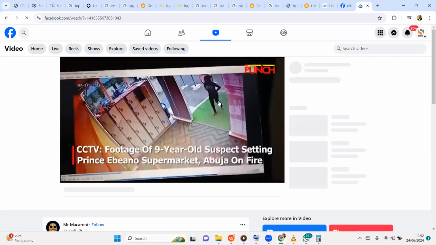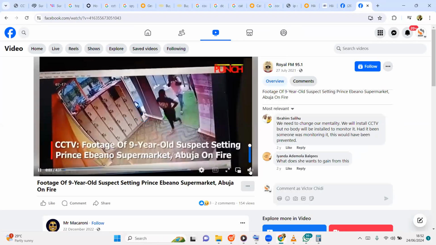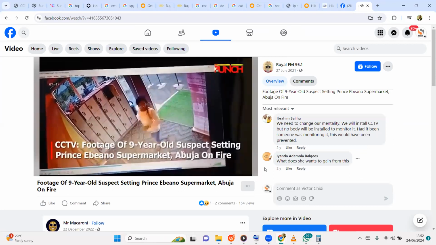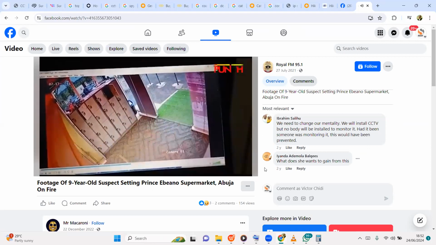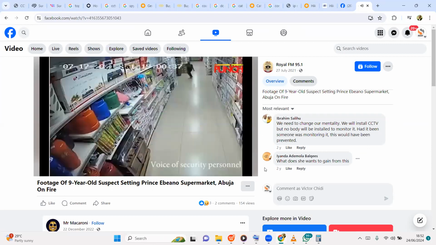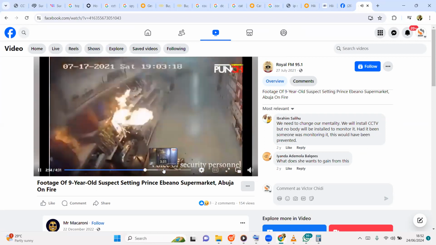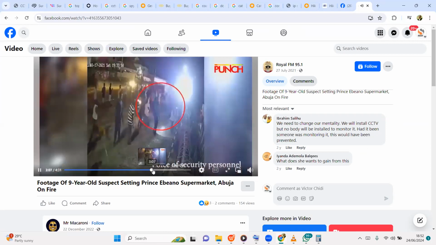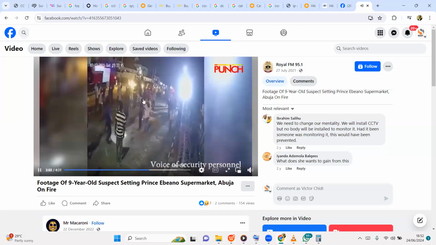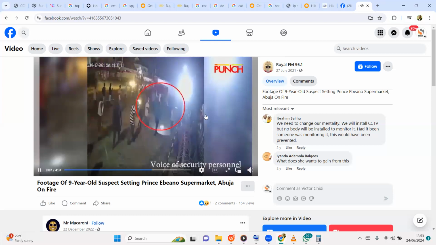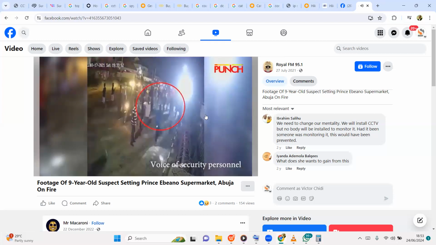So you see, this is the 9-year-old. This is when they were entering, right? So you see, where you have activity, this is the entrance. This is where she started doing whatever she was doing. This is when the fire started catching up. Then this is another camera. This is another camera outside. So you see, if you want to investigate some things, or if you want to be able to install,